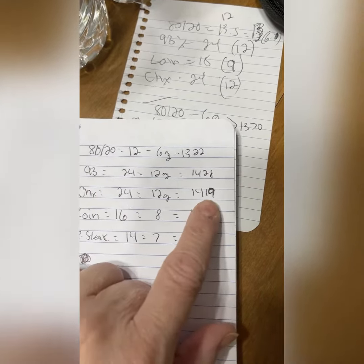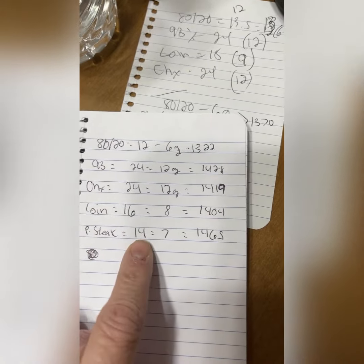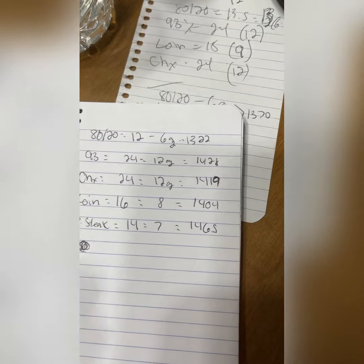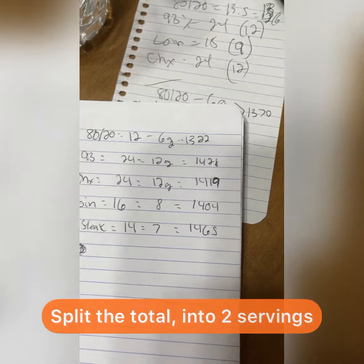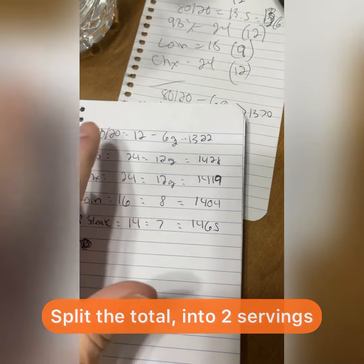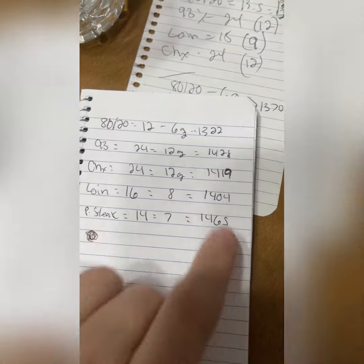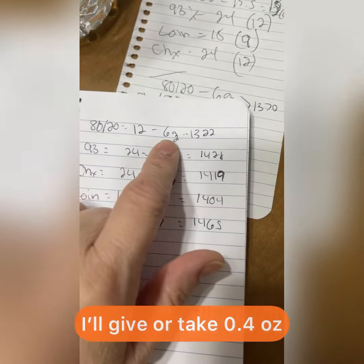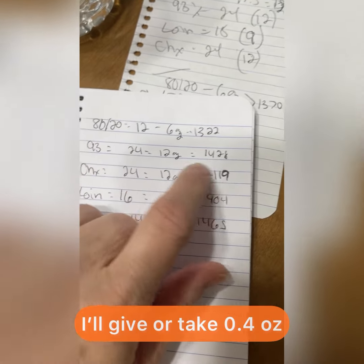Chicken, 24, 14. Loin, 16 ounces is 14. Pork steak, 14 ounces is 14. So what I think I'm going to do is make everything in half servings. So no matter what half I grab, it would be half of approximately 1,400 calories. So I could grab a 6 ounce of 80-20 and 12 ounces of 93, and it's still going to be